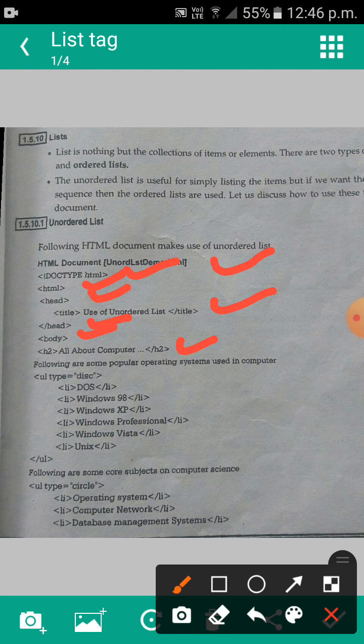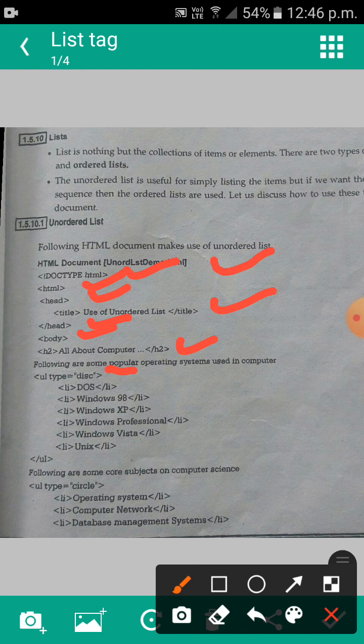Then, following are some popular operating systems used in computer. So we use UL type equal to disc. Type equal to disc means the list is displayed with disc-type bullets.